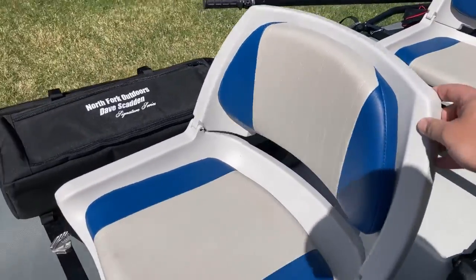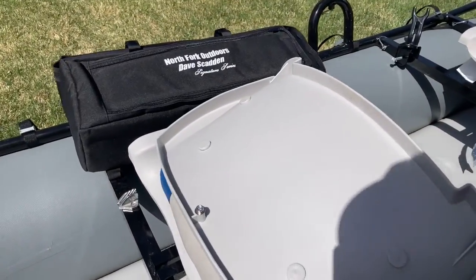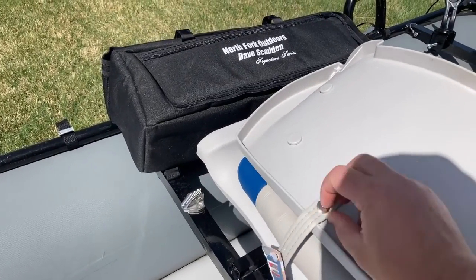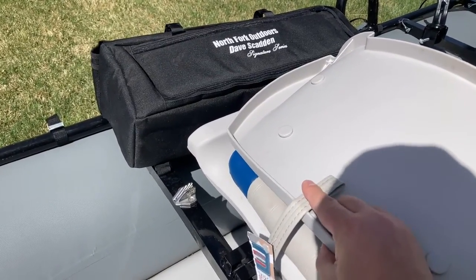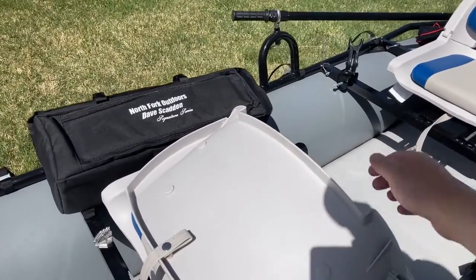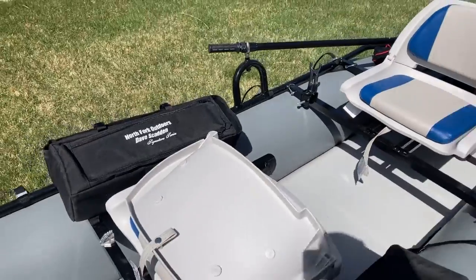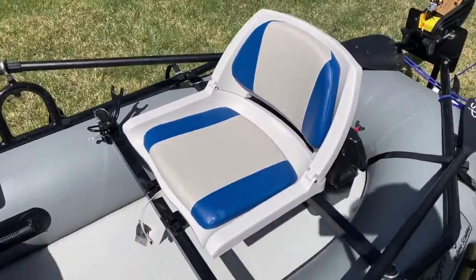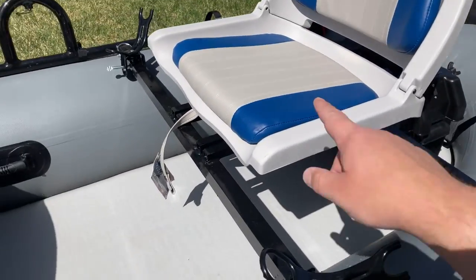Seats here are very nice. They come with a really good warranty. They just fold down. You can put a little pin here or a snap, basically to snap it shut. So I actually car top this backwards. So this strap is on the back and the airflow is going through the back here. So super comfortable chairs. There's 4 wing nuts on the bottom, and you can slide these forward just a little